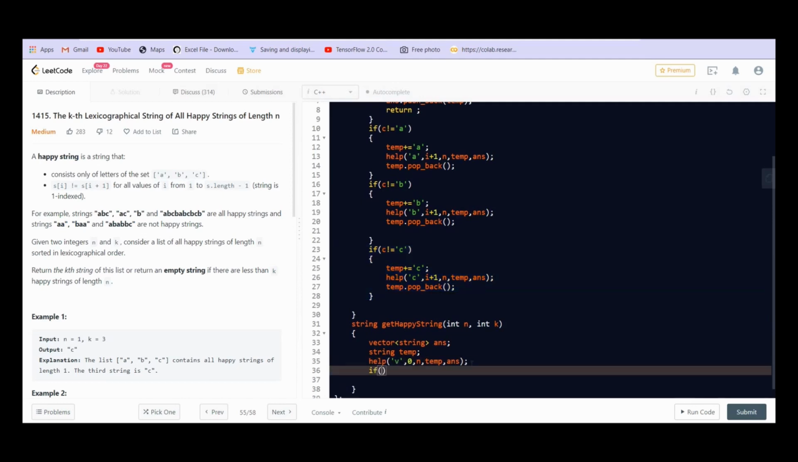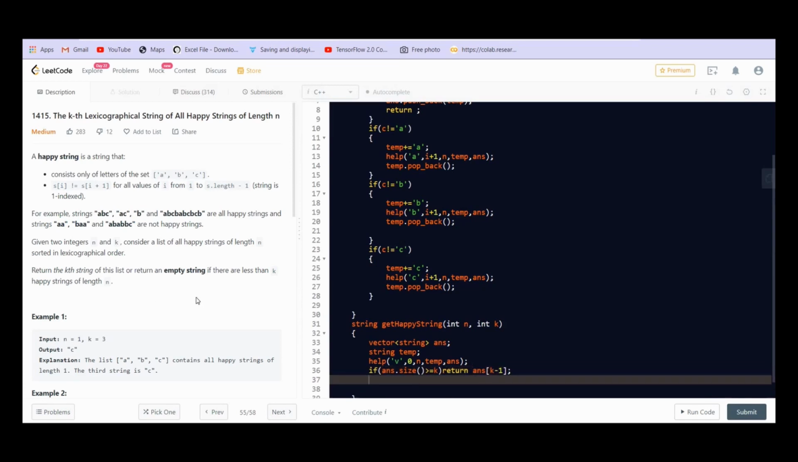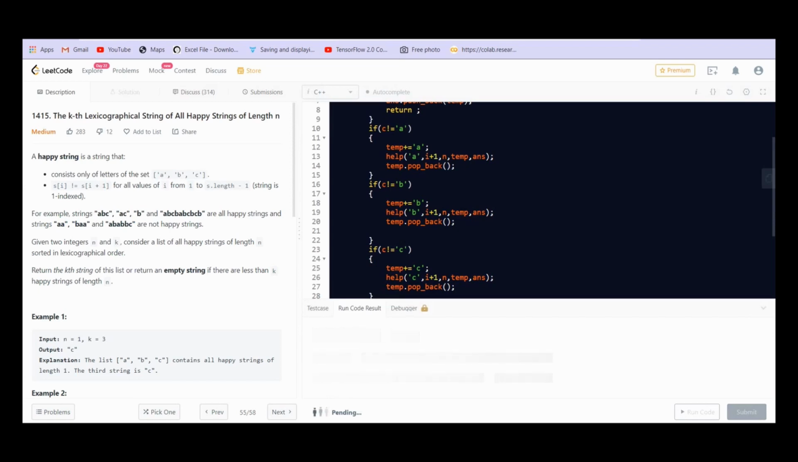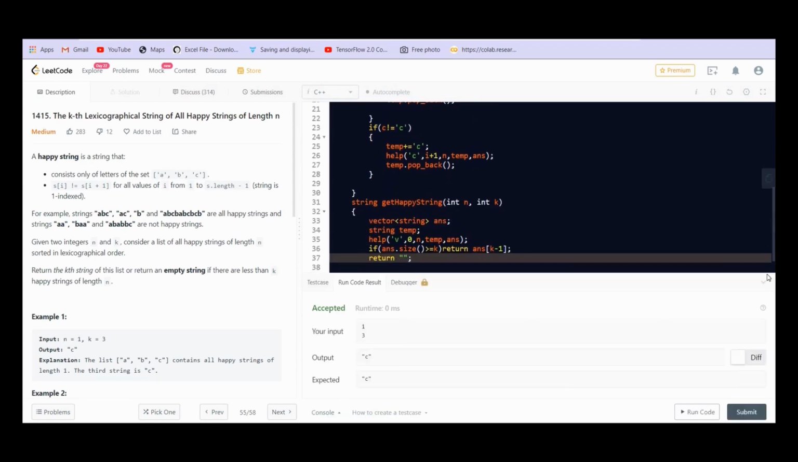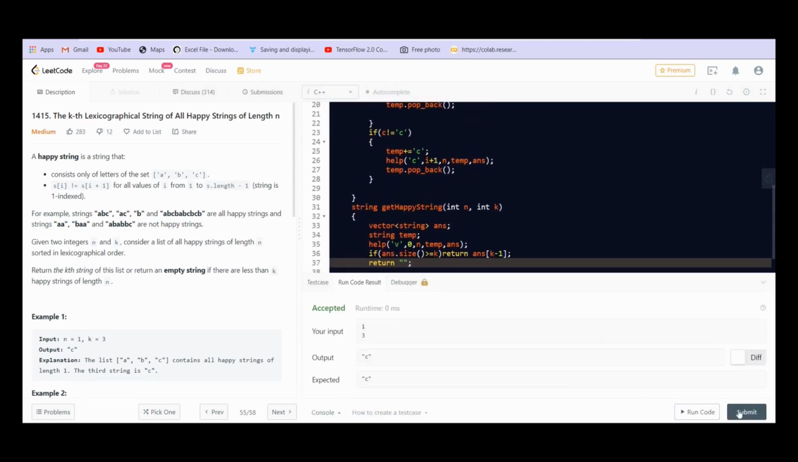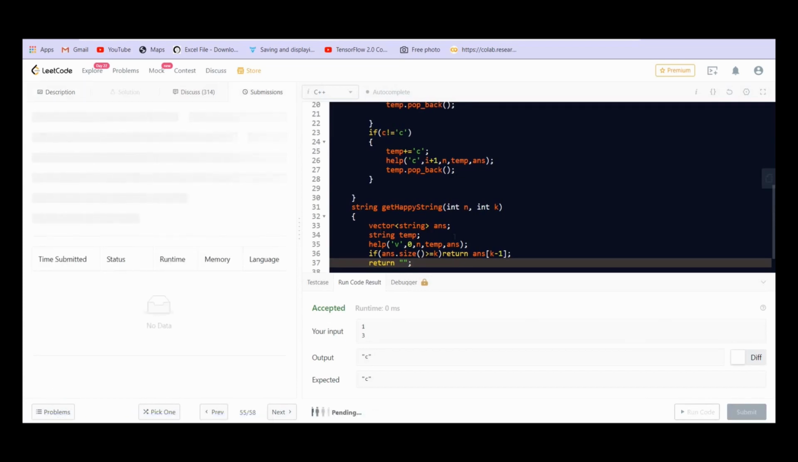So finally, if answer.size is greater than equal to k, then we will return answer of k minus 1. Otherwise what we have to return? An empty string. Let us try to run this. So we are getting correct answer for the test case. Let us try to submit,